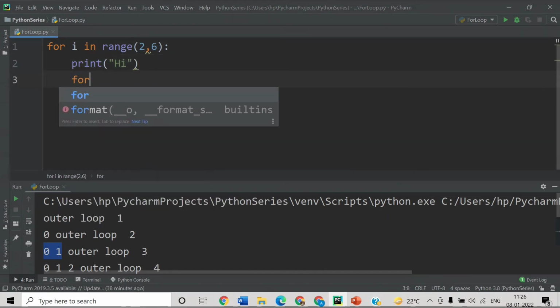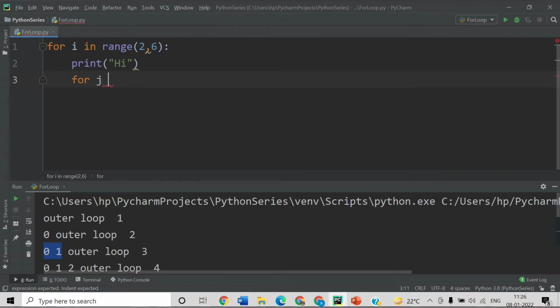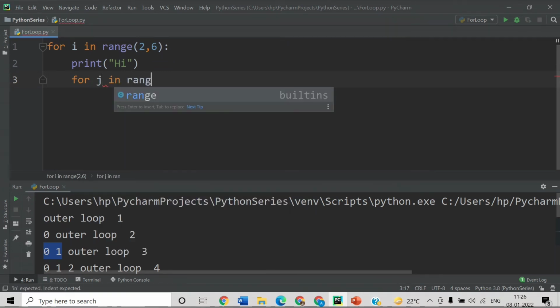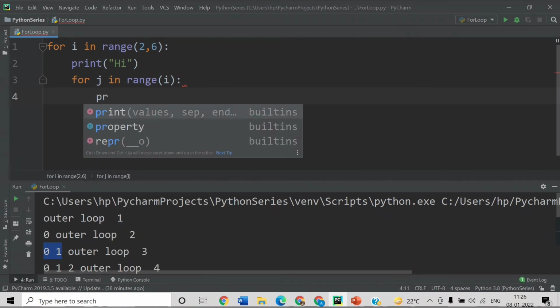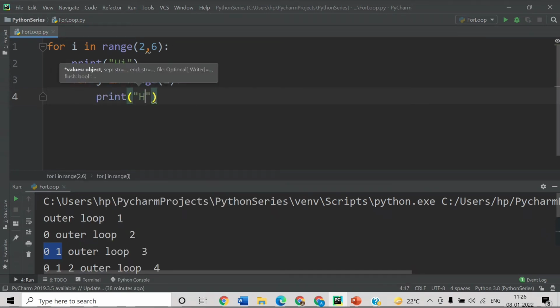After that I will provide another for loop here, for j in range, and I will provide the range of i, so whatever the value of i will be, in that range the value of j will be printed, and I will print here "hello".